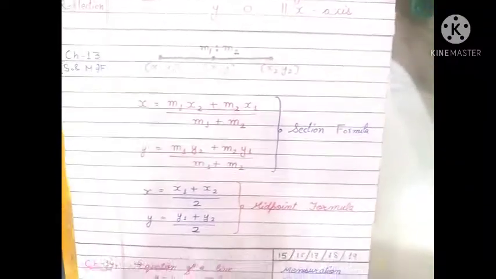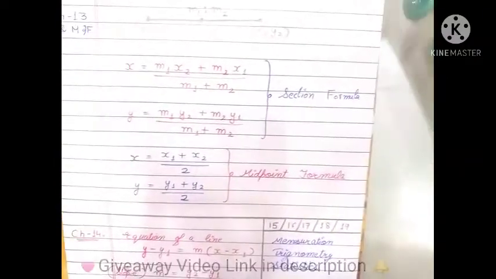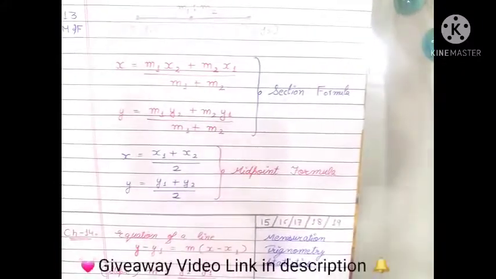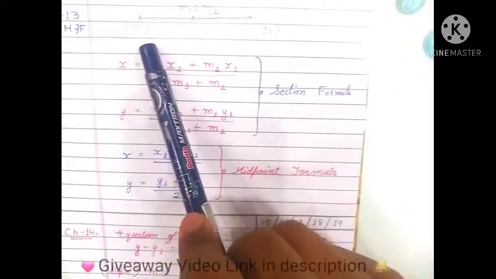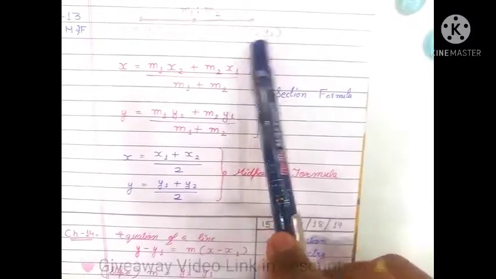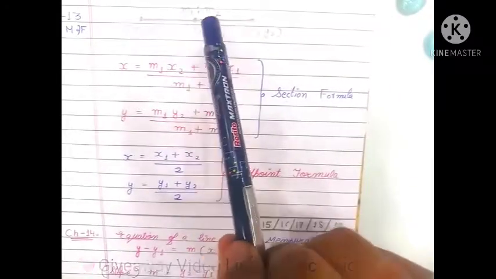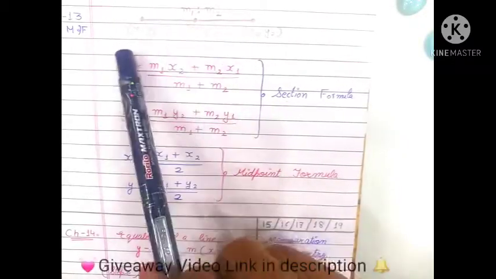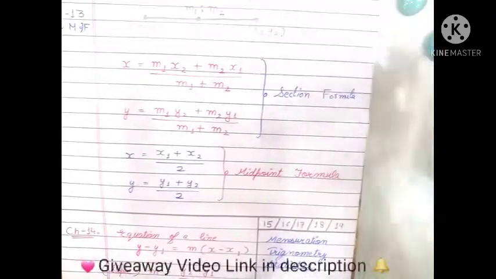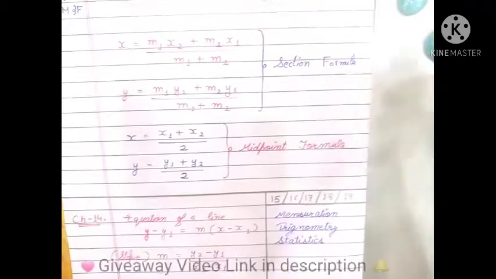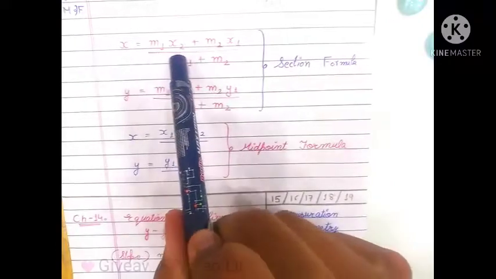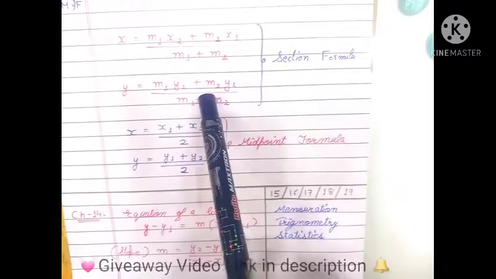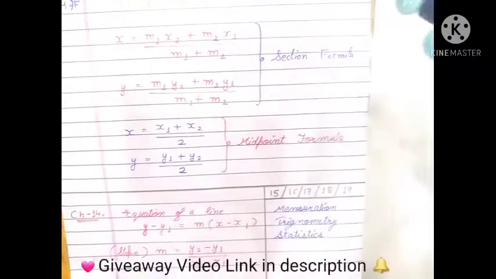Okay, so in chapter 13, section and midpoint formula, what is there? Let us say there is a line in which you are given the coordinates of point A, say point A is (x1, y1), and coordinate B is (x2, y2). It is divided in some ratio m1 is to m2, and you need to find x and y, its coordinates. So anything can come to find, anything can come. So how to solve that? There is a section formula. What is that? X equals m1 into x2 plus m2 into x1 over m1 plus m2. Same formula for finding the y coordinate. So this is the section formula.